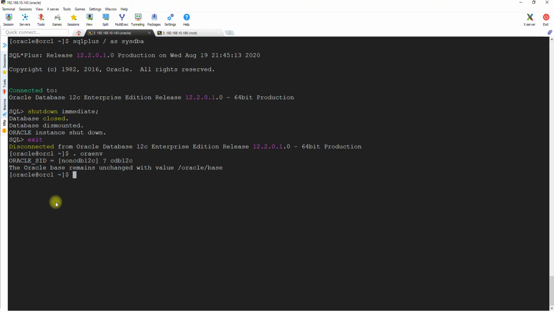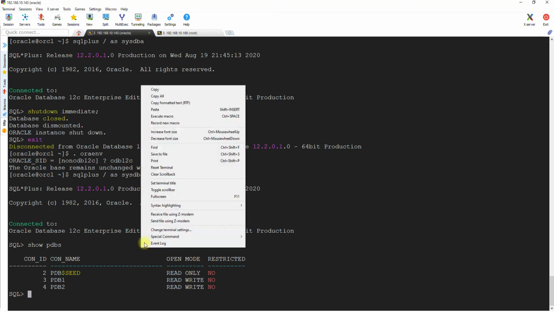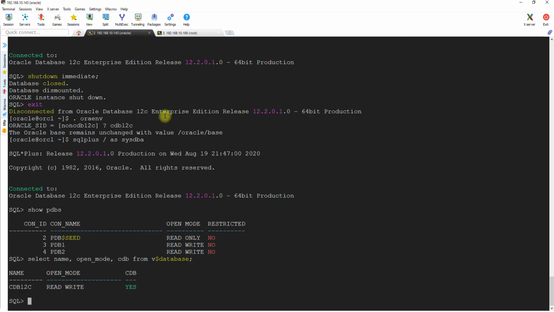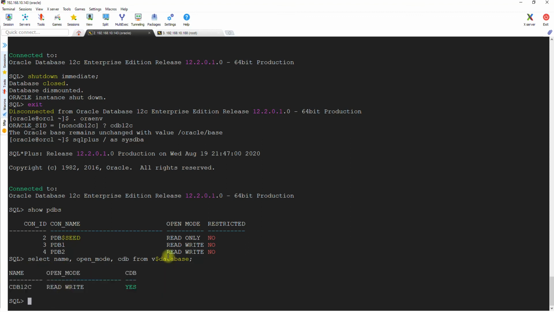So we have changed the environment variable. Let's connect to it. By the way, both databases should be up at the time of start, and then we will be going through different steps. Okay, we have connected to the container database. We can even run this particular query, right? $database, which we ran on the other one. So good. Host clear.